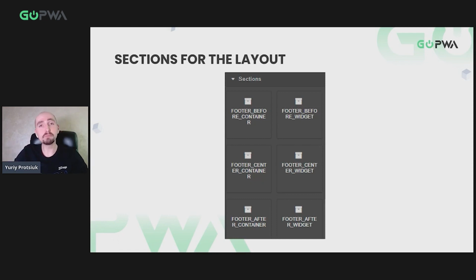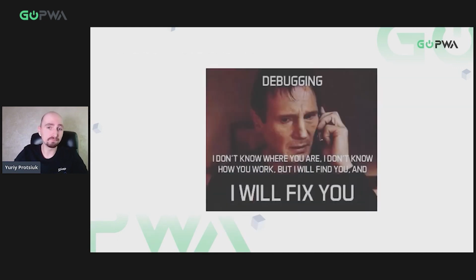So, what do developers enjoy doing besides debugging and having a beer? Well, obviously, developers love to create new features. We also love debugging, beer, and development. So we combined our love for the beautiful and created so-called widgets. Widgets are independent pieces of functionality that can be applied to any suitable section of a layout within your theme.